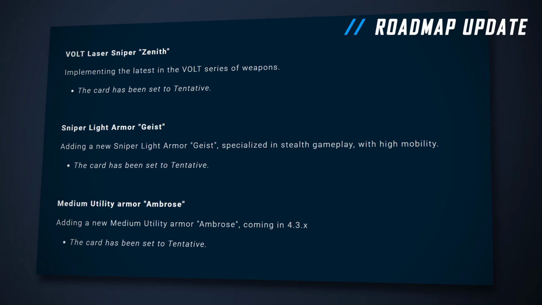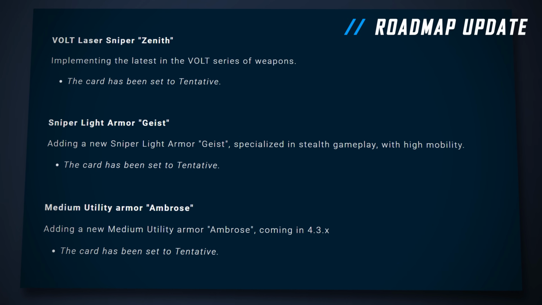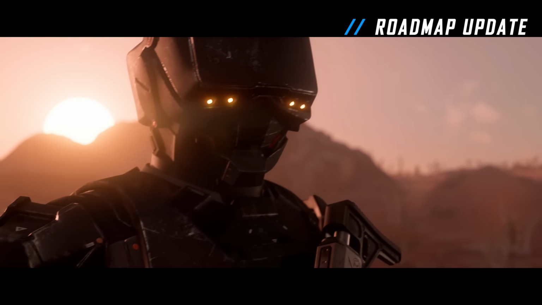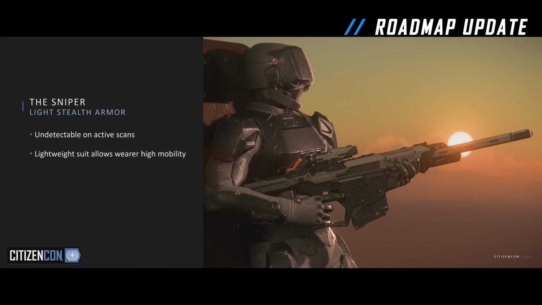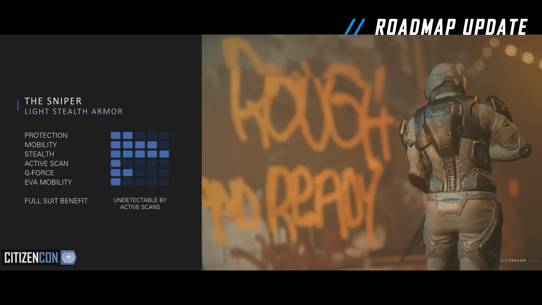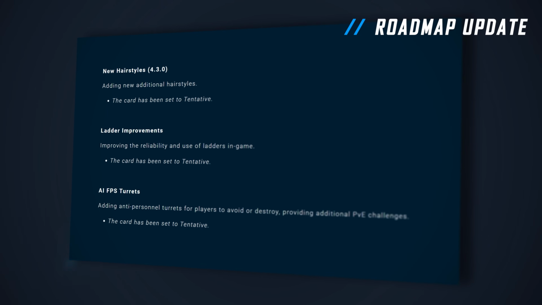The sniper armor is now confirmed, as we saw in a recent sneak peek. The helmet, and once again, this is the sniper armor from CitizenCon 2024 that was said to have the ability to be hard or impossible to see on FPS radar. As you can see, though, no FPS radar mentioned for this patch. The armor is likely to precede that feature, right? Then some medium armor was mentioned as well. Next, we move on to some more hairstyles, and yeah, that we don't know, so...